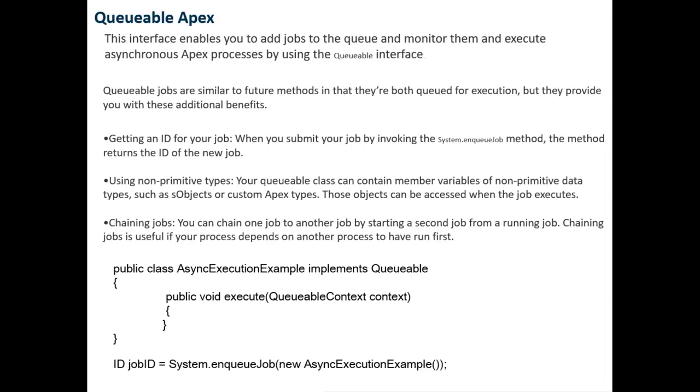Second point. Can you please repeat the second point? Thank you. Queueable interface must implement execute method. Next,